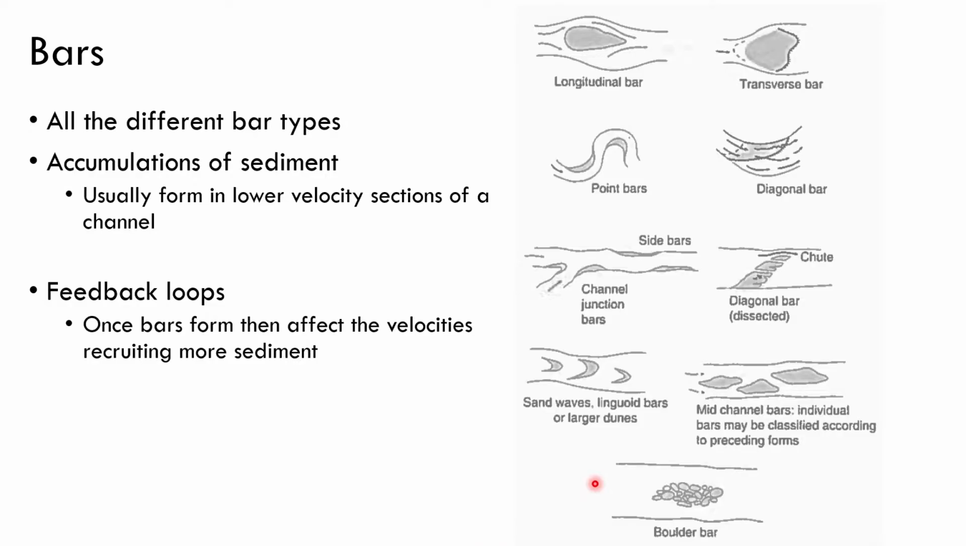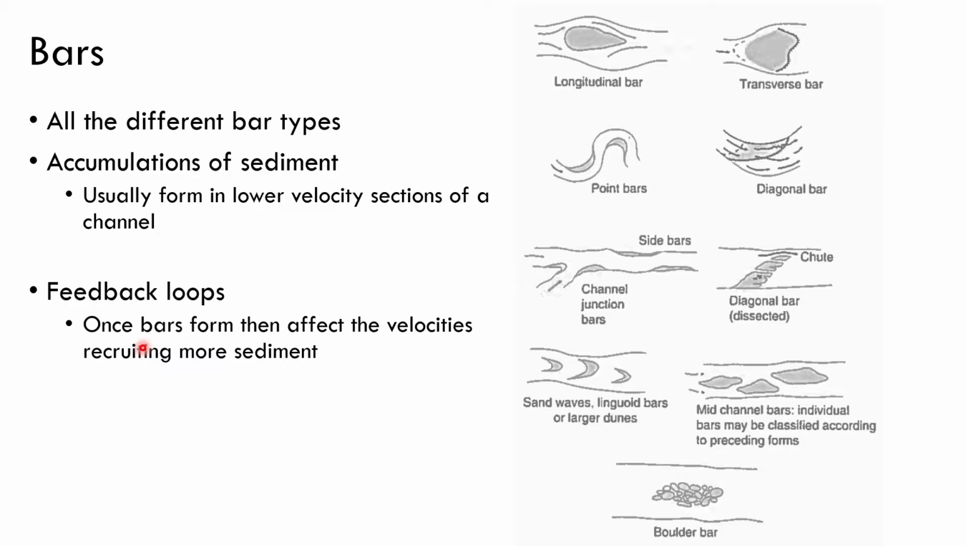Okay. We've talked a little bit about bars before when we talked about sediment transport, but all the different types of bars are specifically bed forms. These are accumulations of sediment. Bars usually form in areas where we have lower velocities in the channel, so that we're getting sediment deposition. The interesting thing about bars is that they tend to create little feedback loops on themselves,